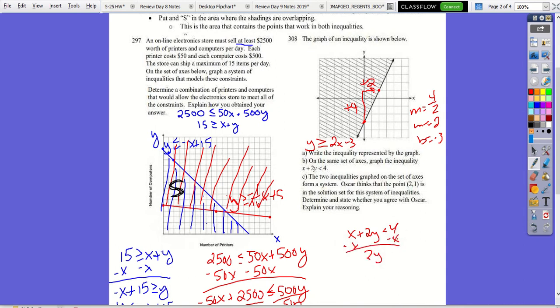So 2y is less than negative x plus 4, and then we'll divide everything by 2. So y is less than negative 1/2 x plus 2. So we go ahead and graph 2. I'm just going to get rid of the slope here, just for graphing purposes. We're going to graph 2 on the y-axis. And then we have a slope of negative 1/2, so down 1, right 2, down 1, right 2, down 1,